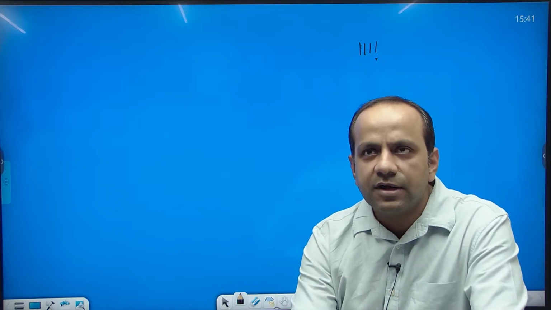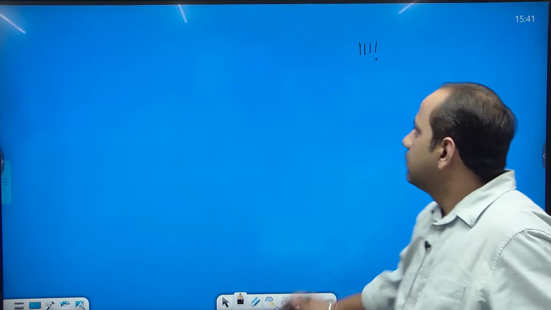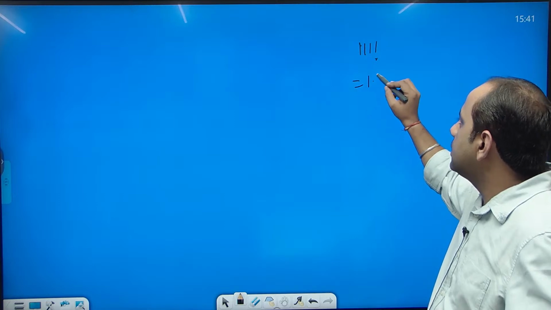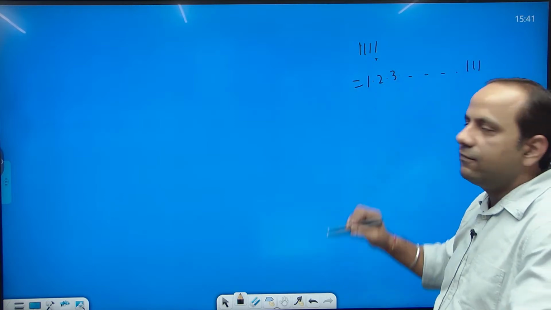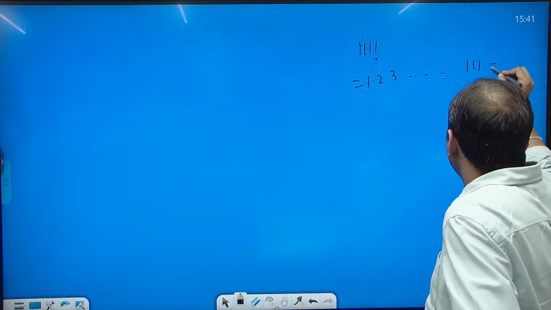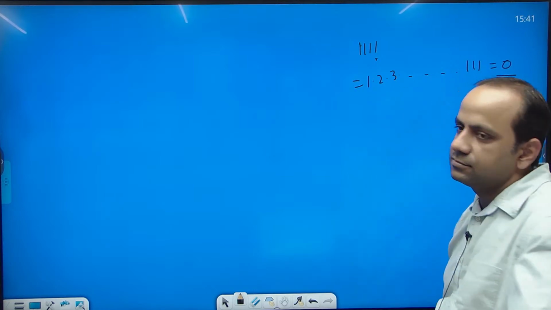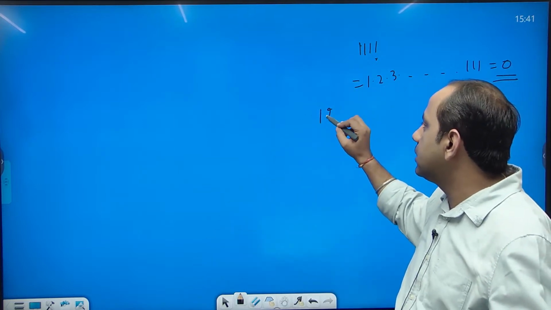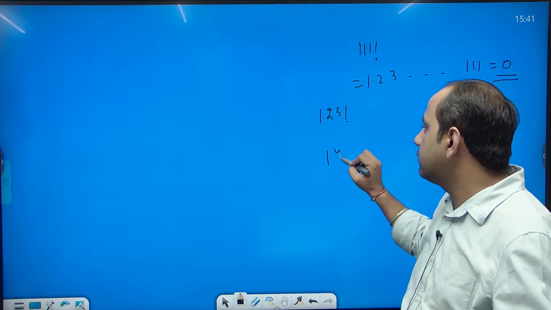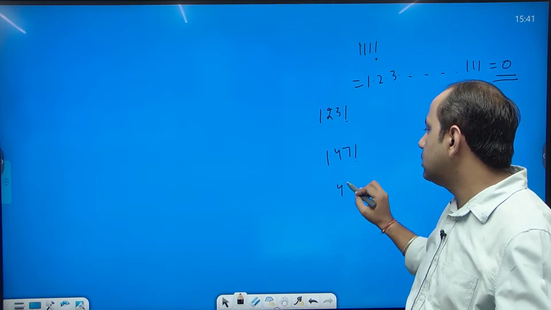What will be the unit digit of 111 factorial? 111 factorial means 1 into 2 into 3, and so on up to 111. And we know that 10 is lying in between this. So your answer should be 0. Any doubt in this? If I say what will be the unit digit of 123 factorial, 147 factorial, 4 factorial,